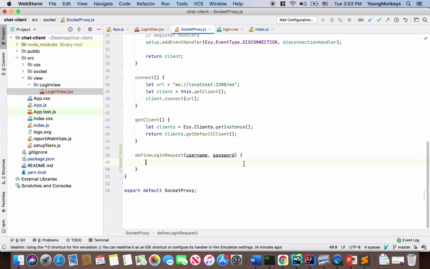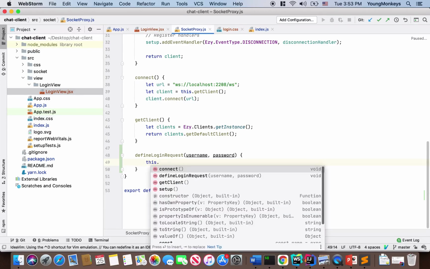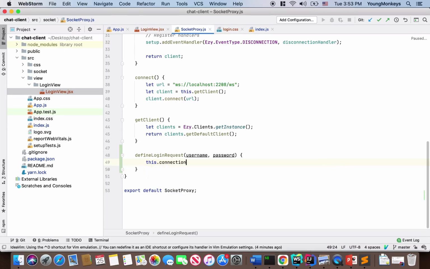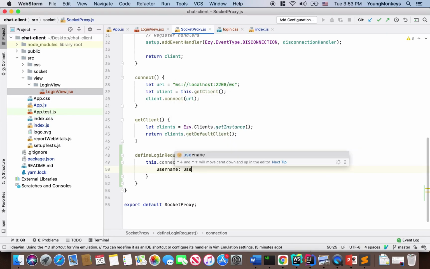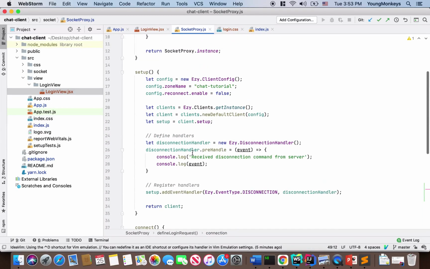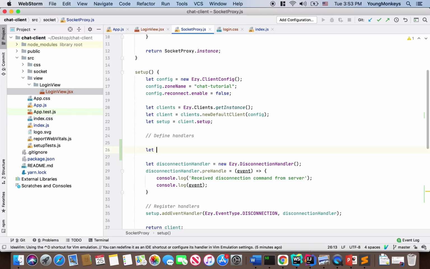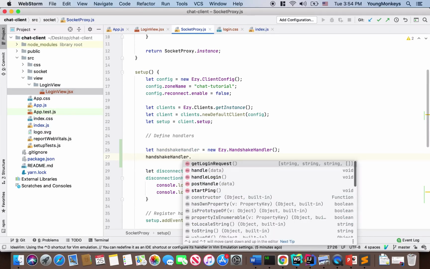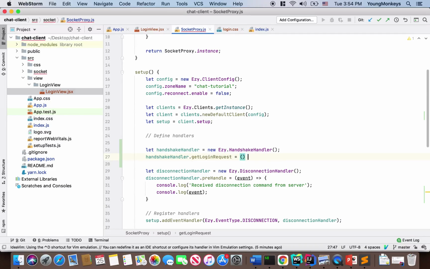Okay, I'll define a field of the socket proxy client, which is called this.connection. So I save the username and password here, username and the password. Whenever I call defineLoginRequest, I'll set a new value for the property connection. And here I need to redefine the handshake handler. So okay, I'll define a handshake handler, which is ezy.handshakeHandler, and I also redefine the getLoginRequest function, which is an arrow function,